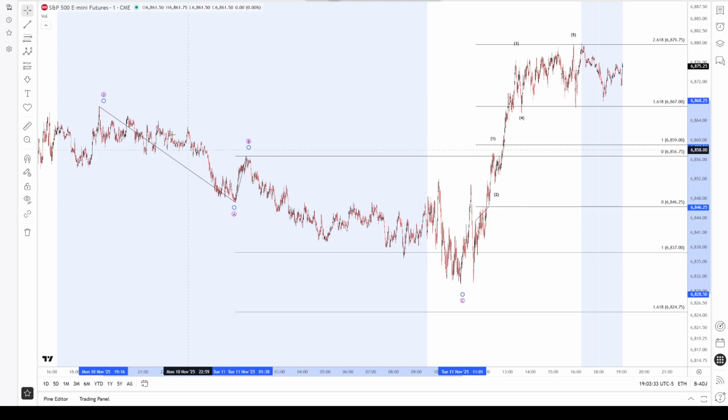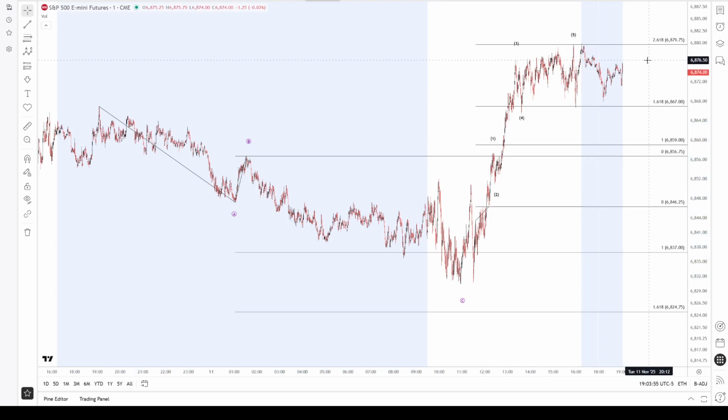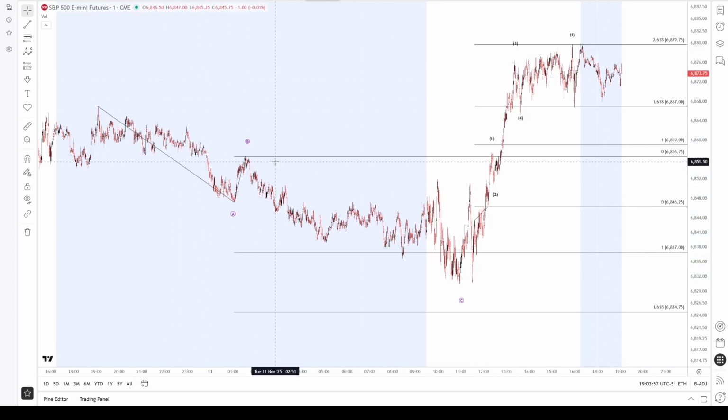See, we look at a 1-minute chart, and we might think we got a 1, 2, 3 down. 3 went between the 1 and the 1.618 of 1, right? So then if this is a 4, it has to stay below what would have been a wave 1 low. But it didn't. So as soon as it broke it, then that means, oh, that was a 3-wave correction, and it's over, and bang, we're going up to higher highs, which it did. Okay, so that's how I'll be looking on the 1-minute chart to get the first sign of a change in